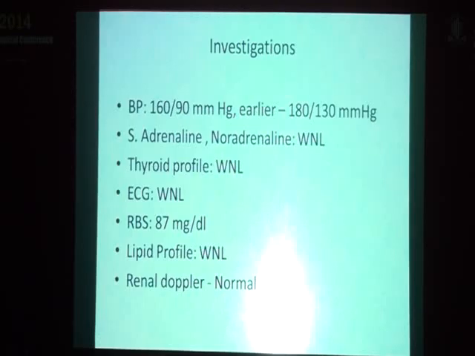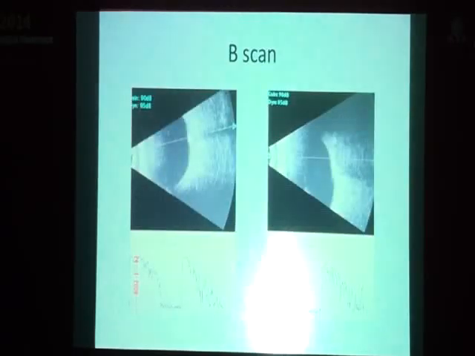Even renal Doppler was normal. So he was a hypertensive. He did have accelerated hypertension, but that led to retinal vein occlusion in one eye. And the trigger factor here was the blood pressure, but the risk factor was the optic disc